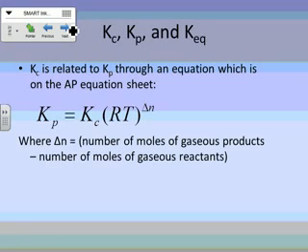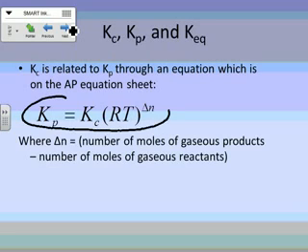All right. The way that you can relate Kc to Kp, if you have an equilibrium constant with respect to concentration, and they want one with respect to pressure, you have this equation on your equation sheet, and typically you're going to be asked this kind of question on the free response section, not on the multiple choice. So you would have this equation at your disposal, so probably no memorization necessary on this one. I've only seen this come up in a couple of instances anyway. But here it is. Kp equals Kc times RT